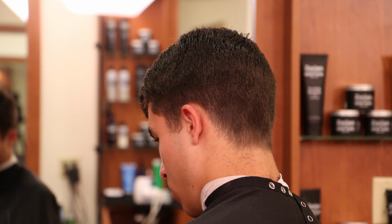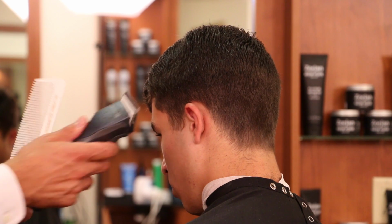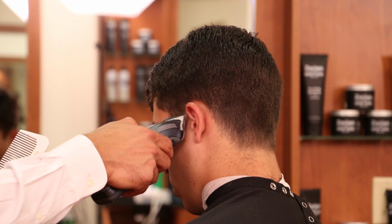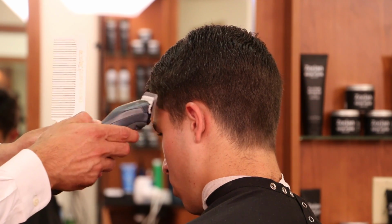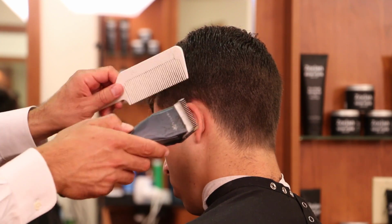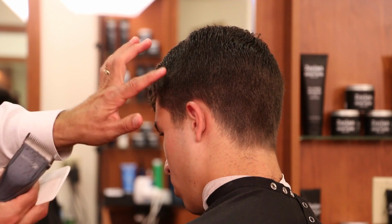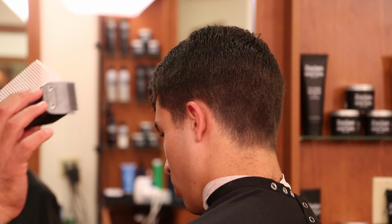And now we're going to take the 2 blade off and put the 1.5 blade on, which is the next length down. And we're going to do the same thing, but not quite as high. And the other advantage with the metal blades is with the 1.5 blade, I can do a little bit of clipper over comb if I have to. It's just a little heavy right there. We can barely see it, but